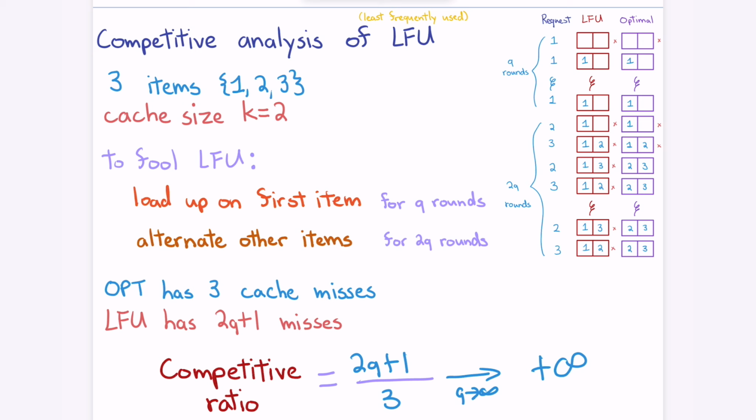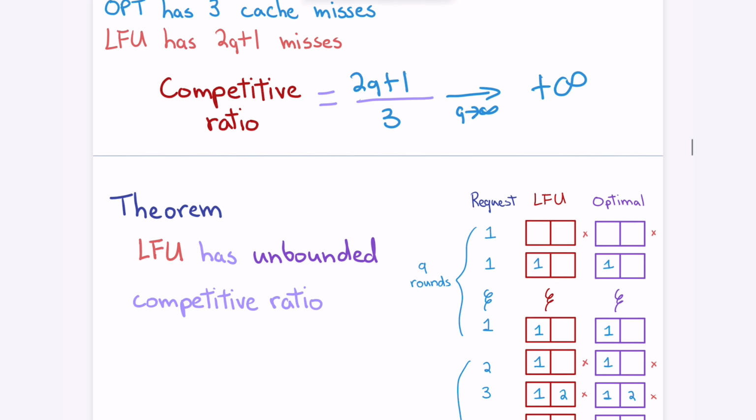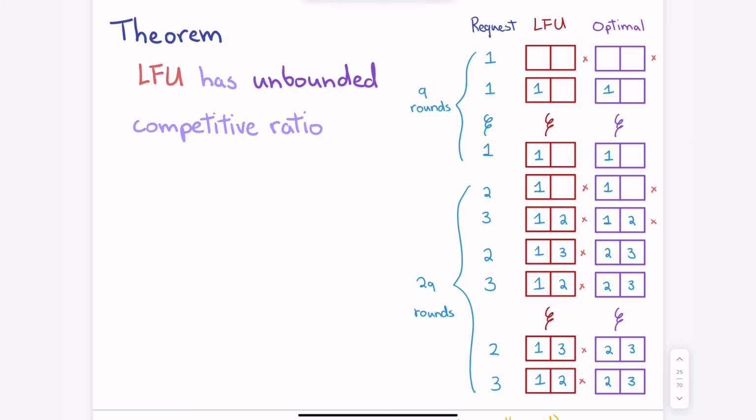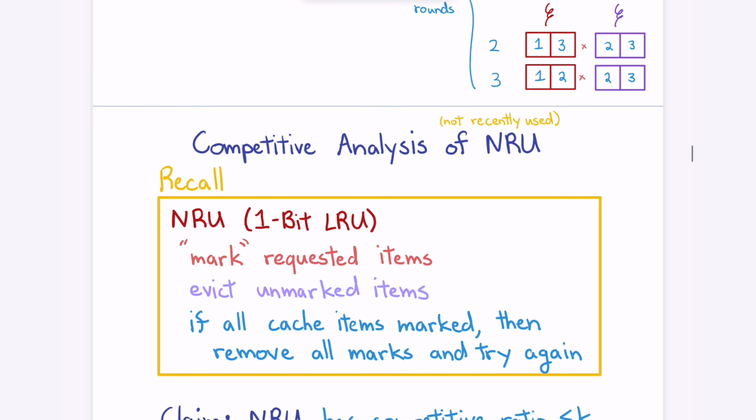Okay, so least frequently used can be really, really bad in the worst case. Okay, good. All right, so it's unbounded. All right, so next thing we're going to do